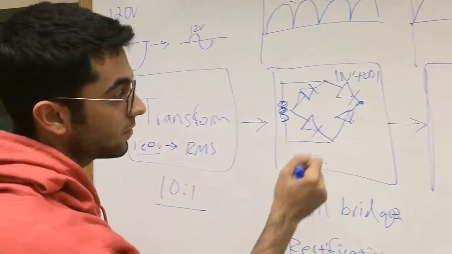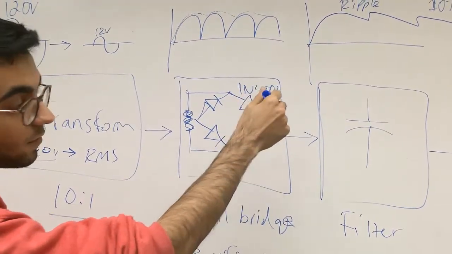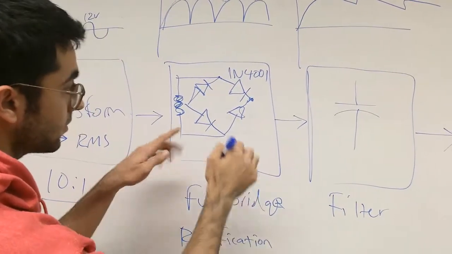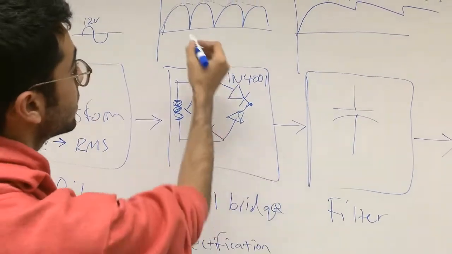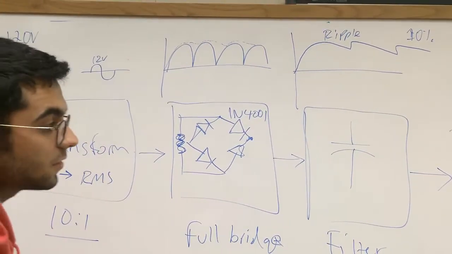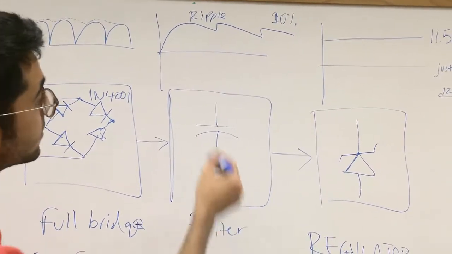Alright, and then we're going to use a full bridge configuration. We're going to use the 1N4001, and this is going to step it down. This is a full bridge, so there's going to be four of these diodes, and this is what the output is going to look like. It's still unfiltered, so this is when we're going to filter it with the choke input capacitor. The choke input capacitor is going to give us this output,